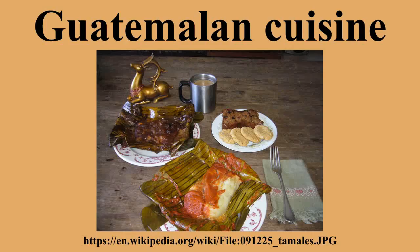List of typical foods. Desserts: pastel de banano, a type of banana bread; tortitas de yuca; chancletas de guisquil, sweet chayote covered in whipped egg whites and then fried; arroz con leche, the Spanish version of rice pudding; atol de elote, sweet corn atole; buñuelos, torrejas y molletes, different kinds of sweet bread soaked in syrup, which